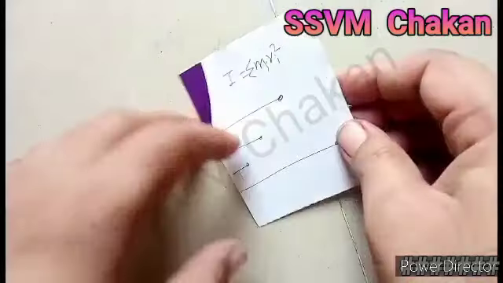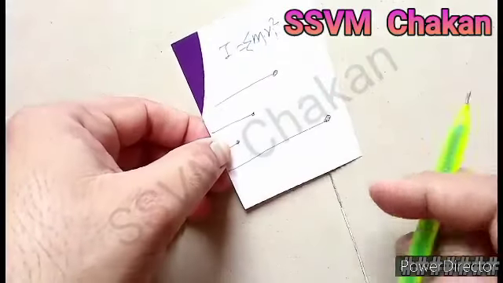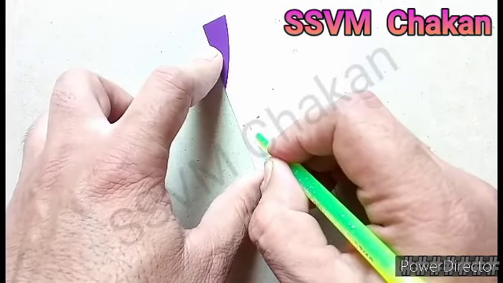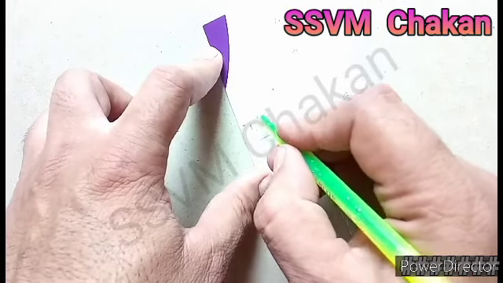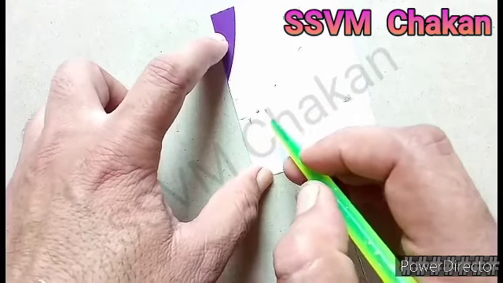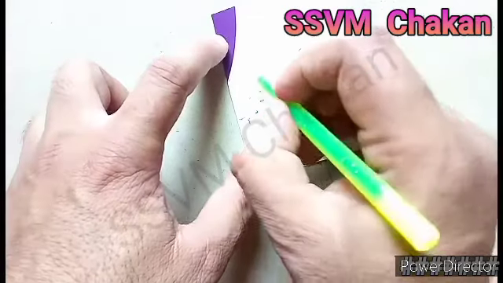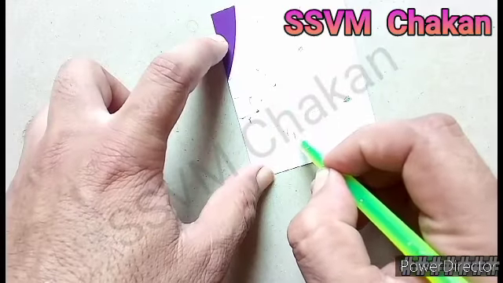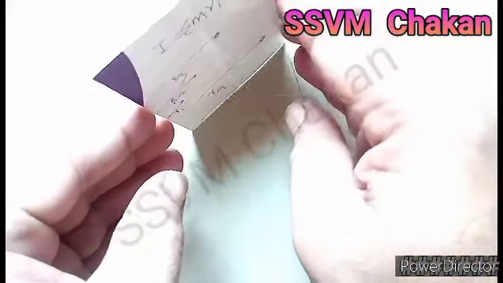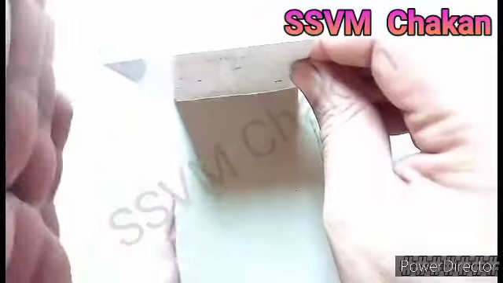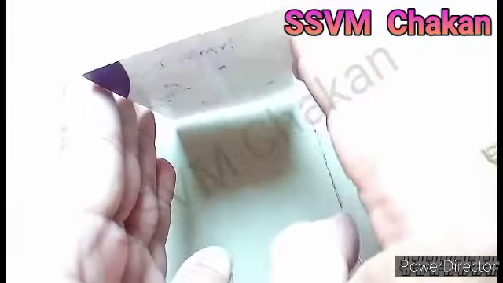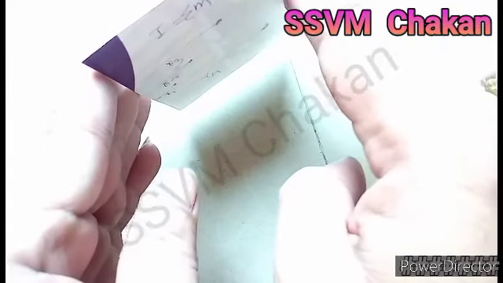Moment of inertia is equal to the summation of mi ri square, where ri is the distance of the different masses of the particles from the axis of rotation. This is the axis of rotation. Now this distance is r1, this distance is r2, this distance is r3, this distance is r4. These are the different masses present in the door. There are a number of particles present in the door, which is rotated around this axis of rotation. So from that you calculate the moment of inertia of a door.